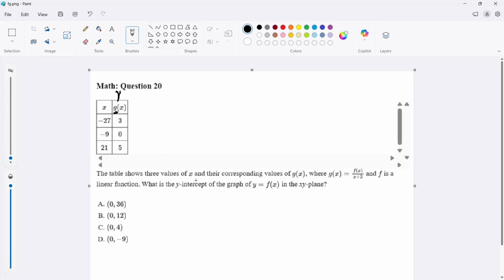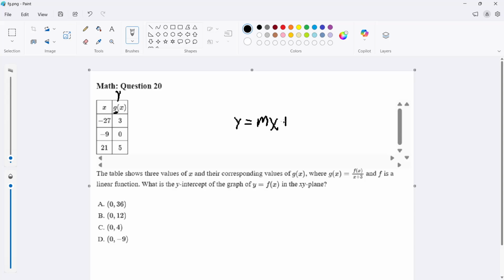The table shows 3 values of x and their corresponding values of g of x, where g of x equals f of x over x plus 3. f of x is another function, and this function f of x is a linear function. What does a linear function look like? It looks like y equals